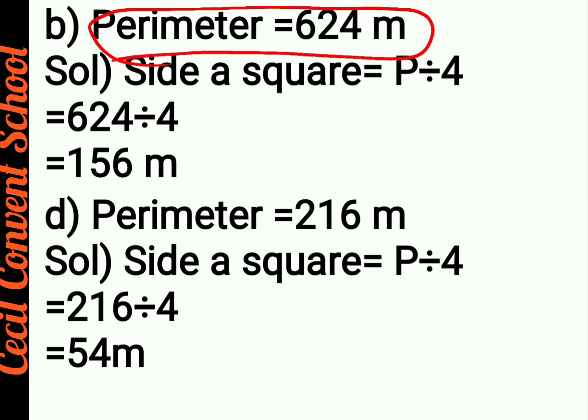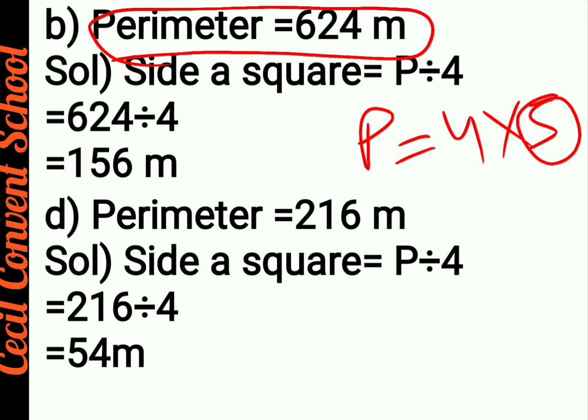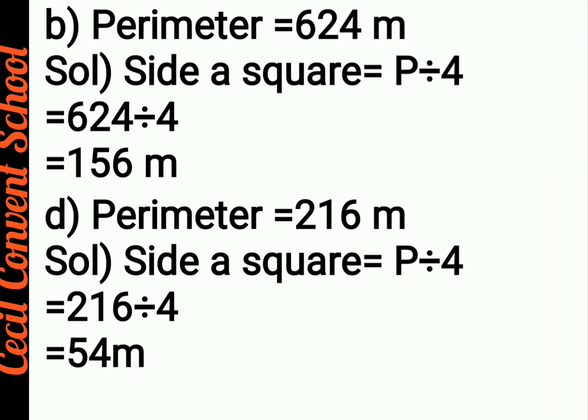What? Perimeter. When the perimeter is given to you, you have to find the side. As you know that P is equal to 4 into side, and now you have to find this S. So when this perimeter multiply sign and 4 goes to the other side, multiply will be converted into divide, and you have to divide by 4, means P divided by 4. In this manner this formula will be made. Clear? So you write side of a square, formula is P divided by 4.